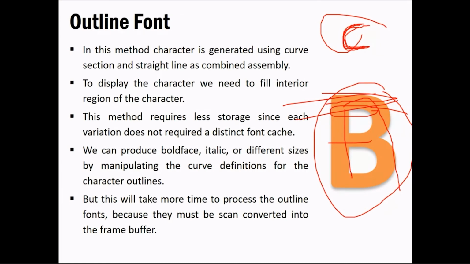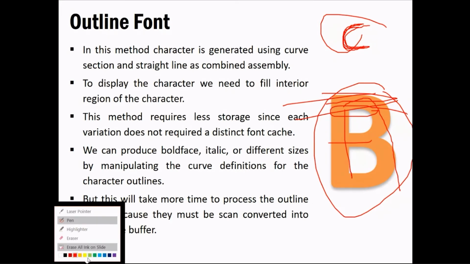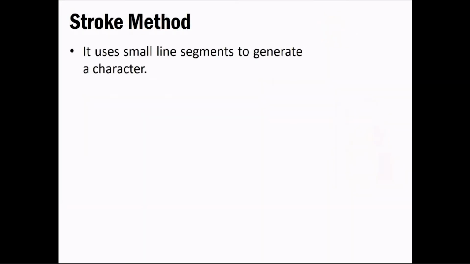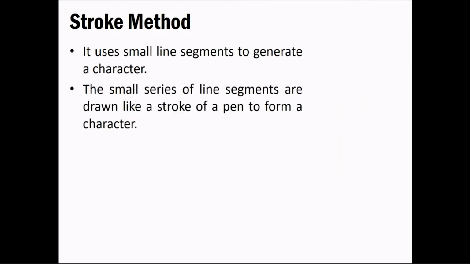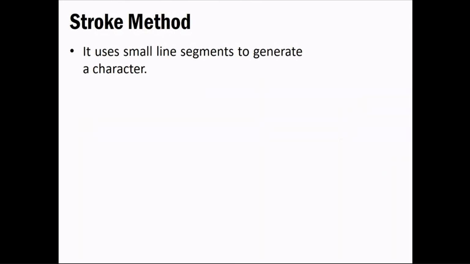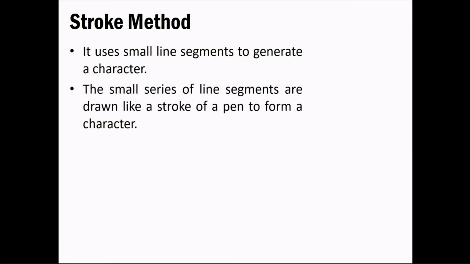Okay, so that is what it says. That is one thing that is given over here, and one more thing we have is the stroke method. It uses small line segments to generate a character, as we did in the DDA algorithm. We have a DDA algorithm, or a line generating algorithm. What we need to do is fit that coordinate or pixel value to that algorithm, and it will generate some line. Based on the lines, we can create anything that is given on the screen.